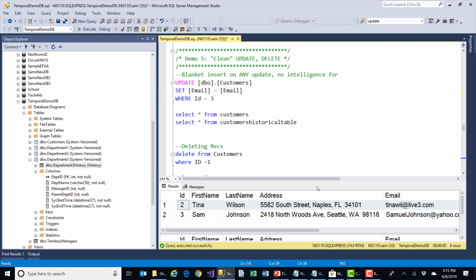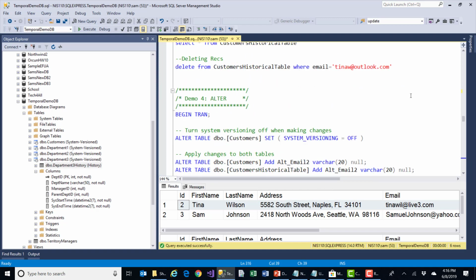Not as well. It deleted it from the history only. I'm not sure where that question came from, by the way. Yeah, I deleted it only from the historical table. Essentially, I'm purging my historical table. So as seen, I could do it manually, but I have to turn versioning off, or I can specify the retention policy